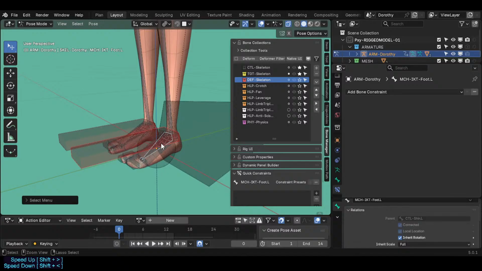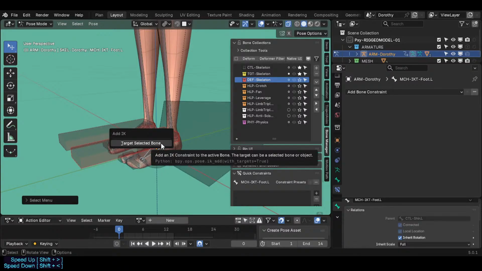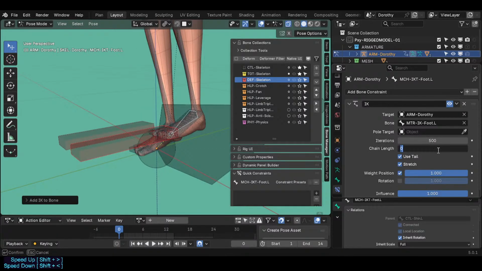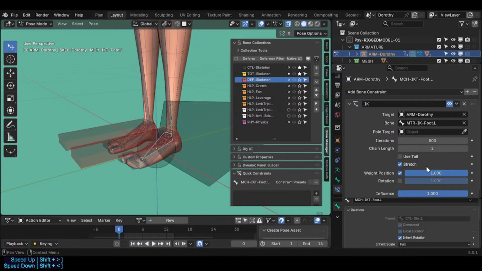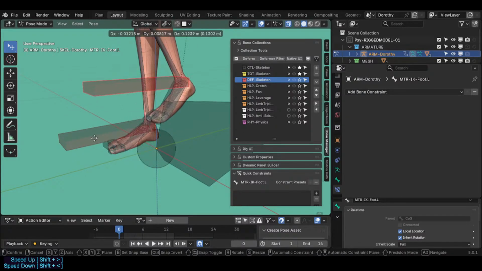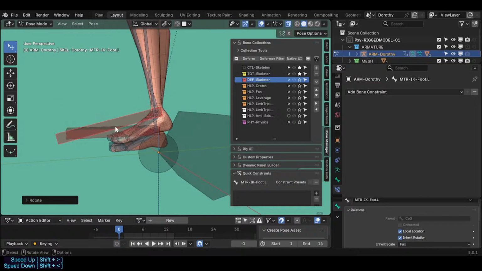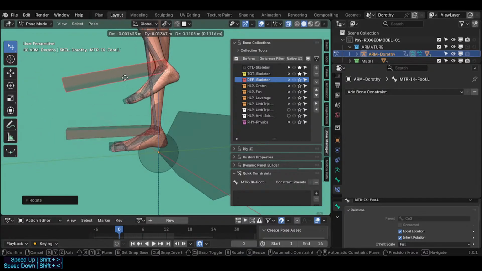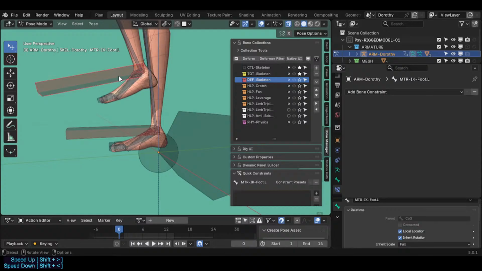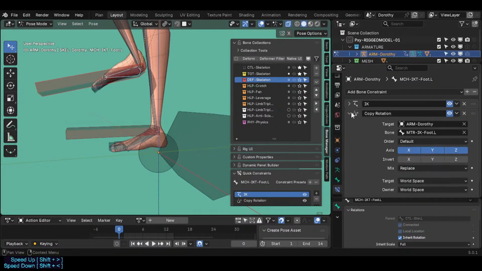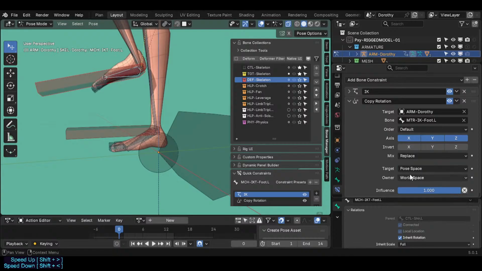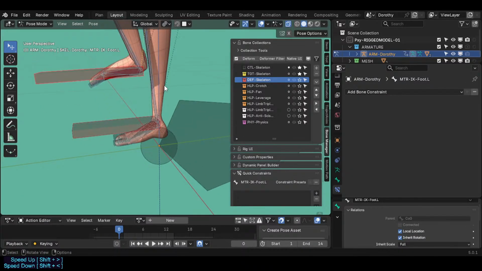It's connected, so we're gonna Shift E, then target selected bone. Then we've got here just 2 and not use tail, and there we go. Now this should be, yeah, so it is not rotating properly, so we just need to add the copy rotation, and that will be a pose space, replace, and that